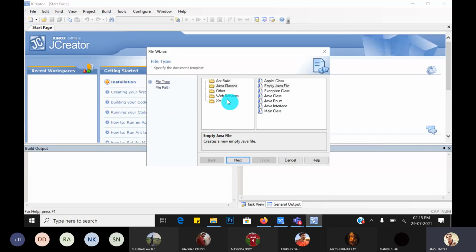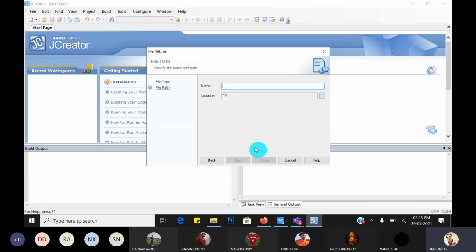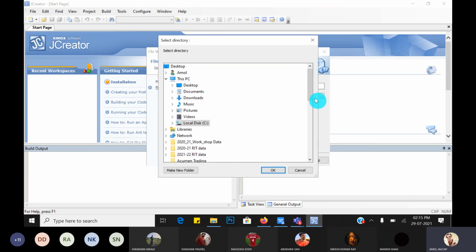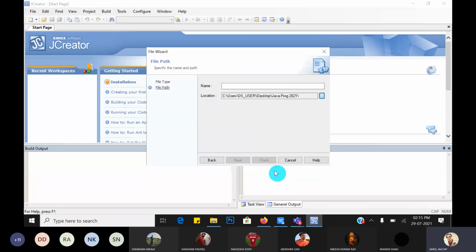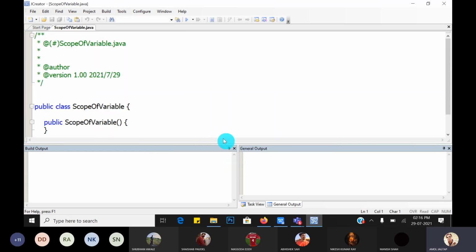You can choose empty class or you can choose Java class also. Then choose where you want to save your program, on the desktop in the Java programs folder. Okay, give the name as scope of variable. Okay, and then click on the finish button.